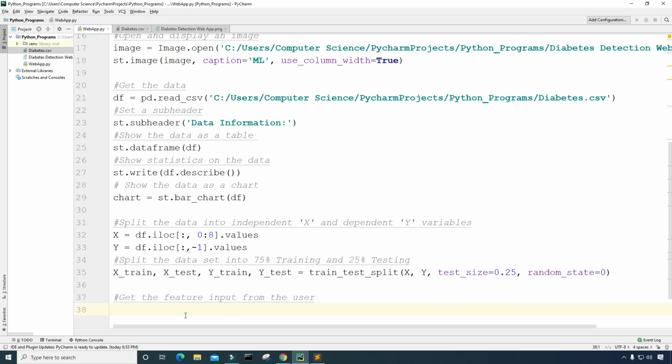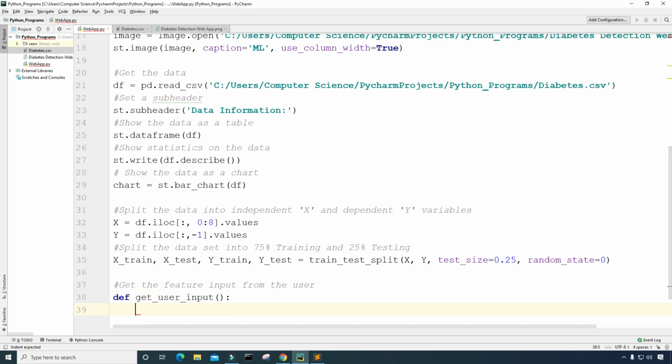All right, so let's go back. I'm going to create a function for this. So I'm going to call it get_user_input. All right. Now let's create some variables. So we need to know the number of pregnancies. And I'm going to set that equal to